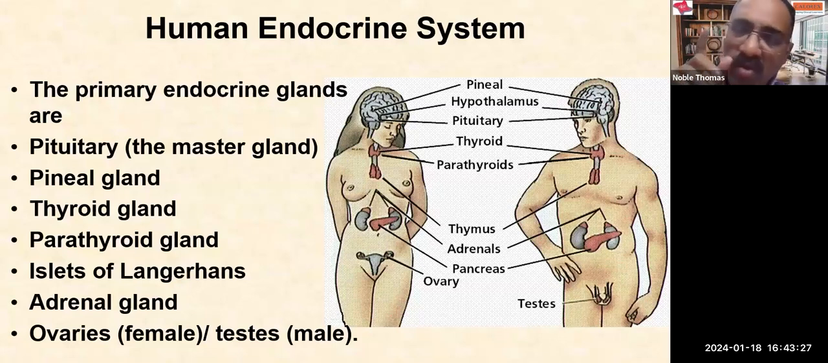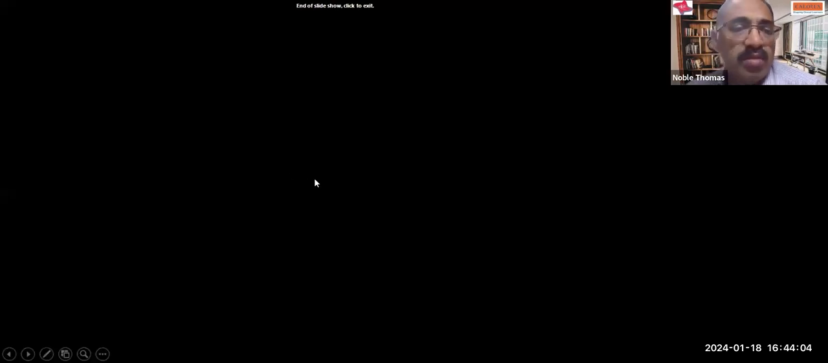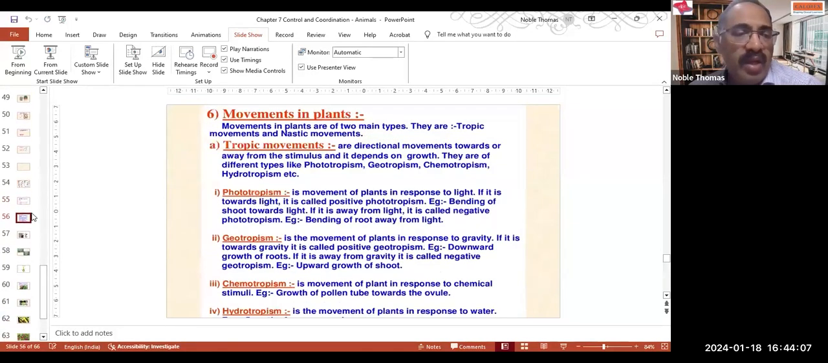The testes produce only one hormone, that is testosterone, and its production normally remains constant throughout the lifetime. Once it starts producing in the teenage, it continues its production throughout. There is not much change in its quantity. And testosterone is responsible for the secondary sexual characters in male, and estrogen is responsible for the secondary sexual characters in female. Okay, so these are the major hormones produced in the body. So that brings to an end this endocrine system. If you have any doubts